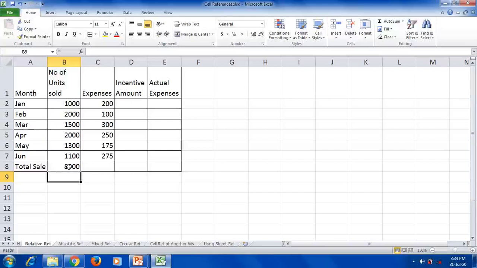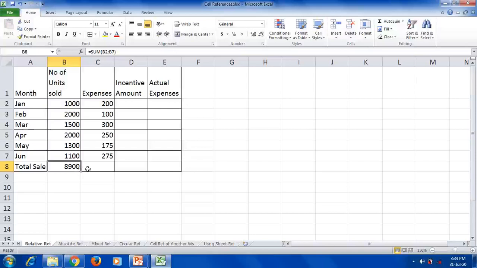Now what am I going to do? I am going to copy this formula and paste it here. For this cell I have put a formula from B2 to B7. But if you want to make a total of this column, you have to mention C2 to C7. Now I am copying the formula from B2 to B7 and pasting it in the C column.